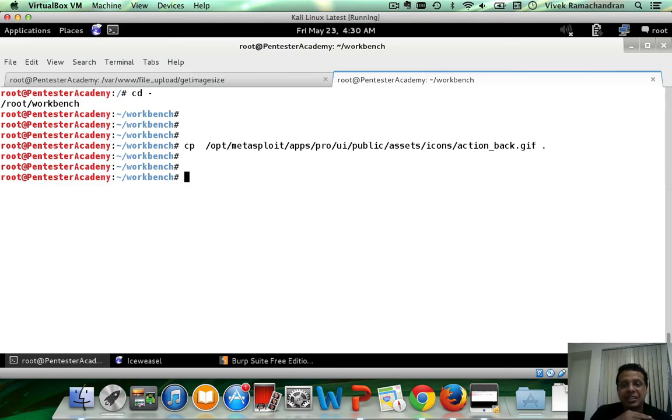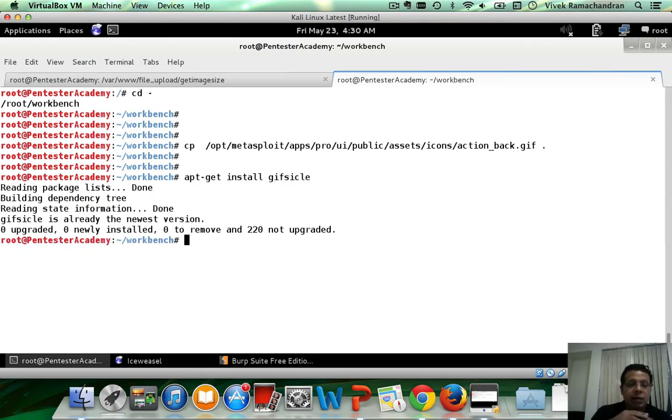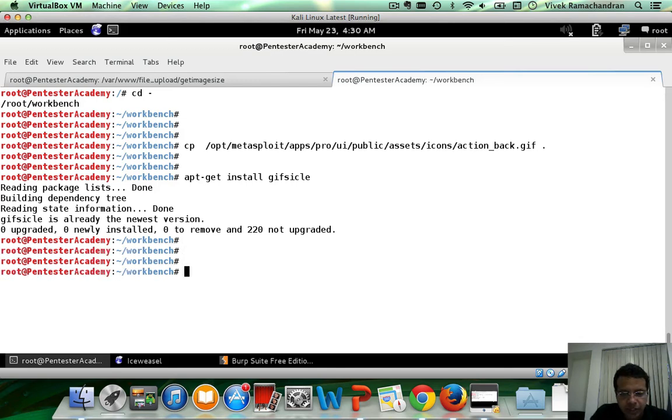Now I want a utility which will allow me to add comments into this GIF file. To do that, install a utility which does not ship with BackTrack by default called GIFsicle. I've already installed it; you can install it as well. Now we can actually use GIFsicle and add comments. Inside the comments section, we can go ahead and add PHP statements, and you would